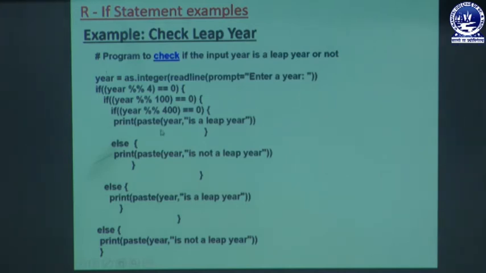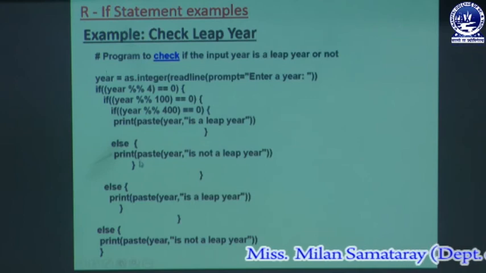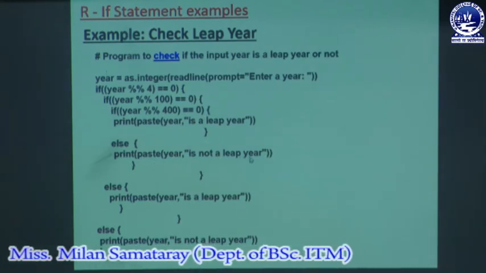So let's take another example which is divisible by 4 and 100, but it is not divisible by 400. Then how will it be executed? Let's say the entered year is divisible by 4 and the remainder is 0, and then that year is also divisible by 100, and then it will go for this 400 check, and the entered year is not divisible by 400. Then how will it be given? That means here else, this is the else part, that year is not a leap year.